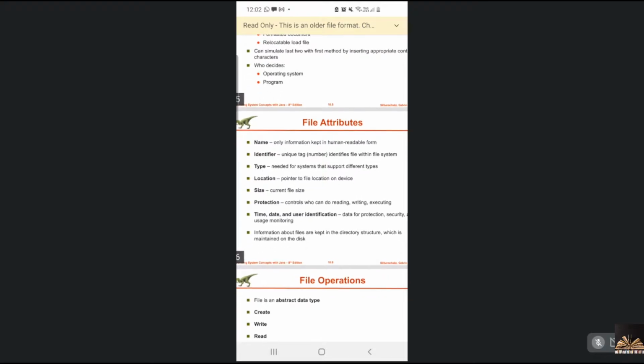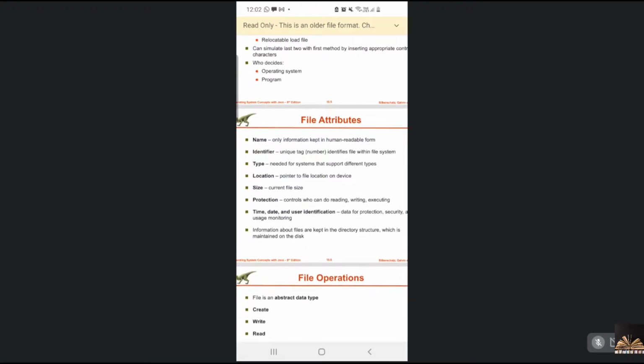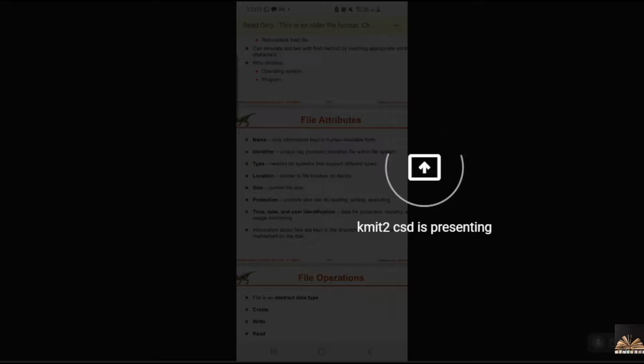So at what time and at what date it was created, and who is the user. If you have a multi-user system, it will store the information about who created that file.